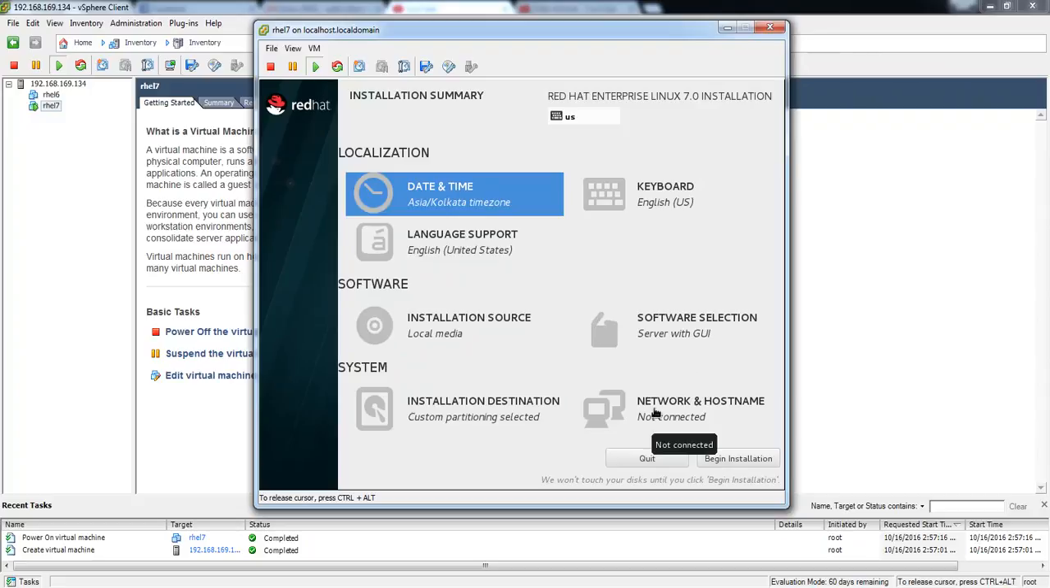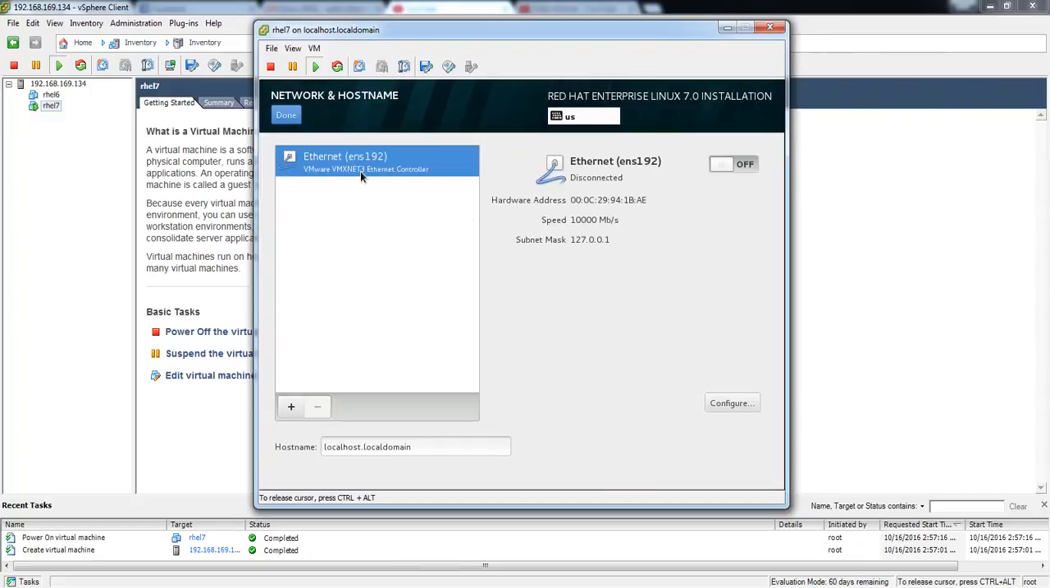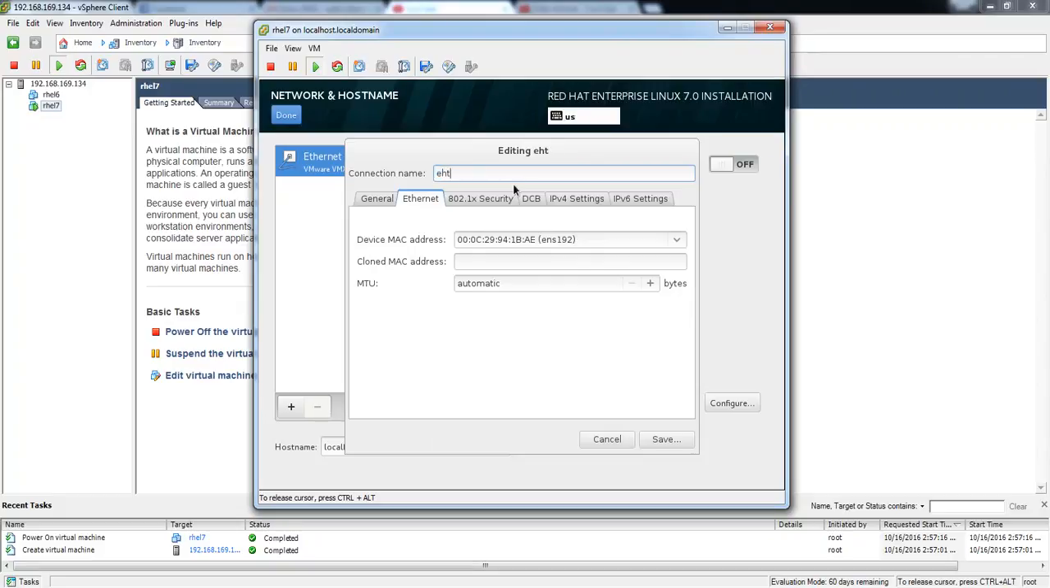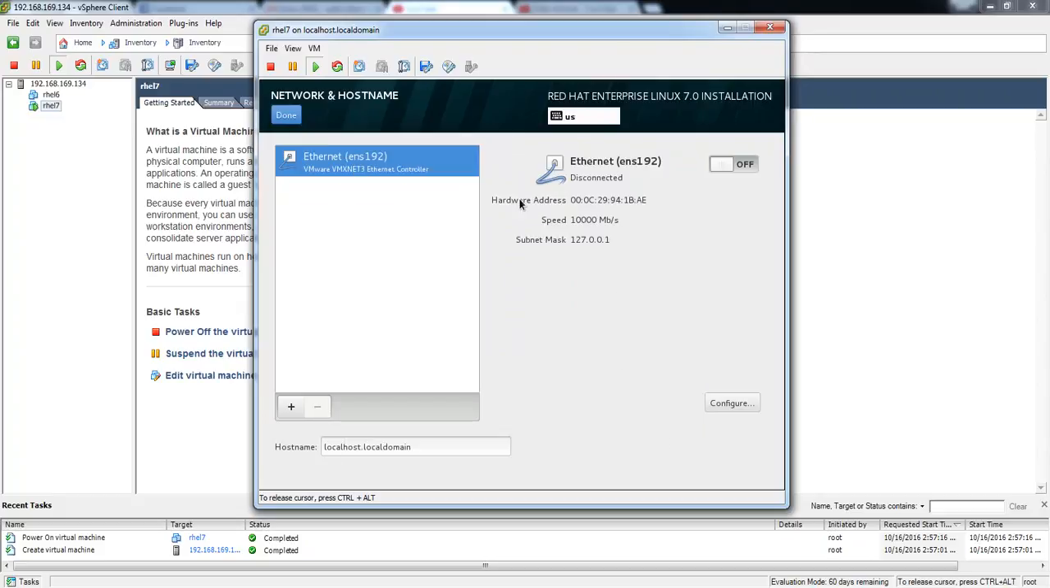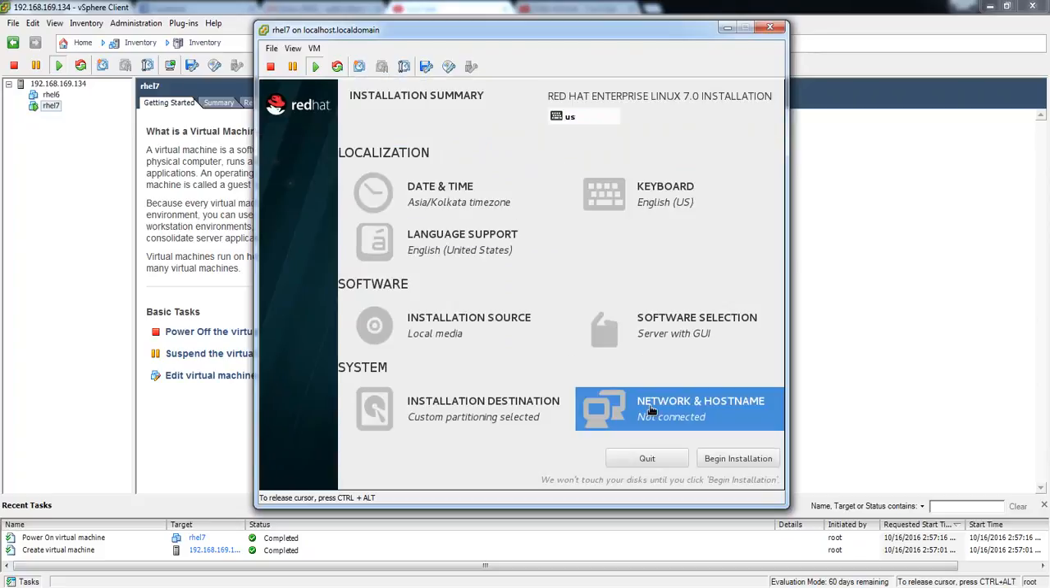and network and hostname. So here in RHEL 7, it is by default coming as an ENS name. It is not like RHEL 5 and 6. In RHEL 5 and 6, we used to have ETH. So here it is different. So if you want to edit, you can do that. Click on configure, change the name to ETH0, save. So once you say done, it should make the changes. And now if I go back,